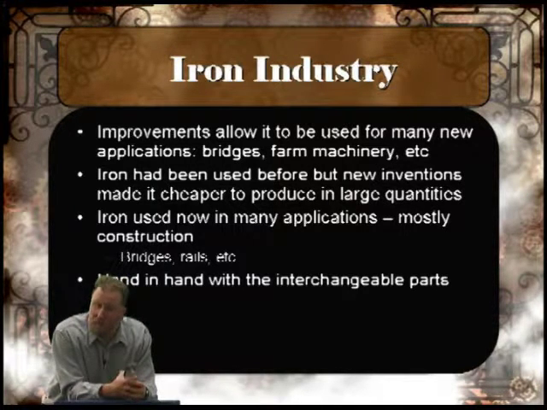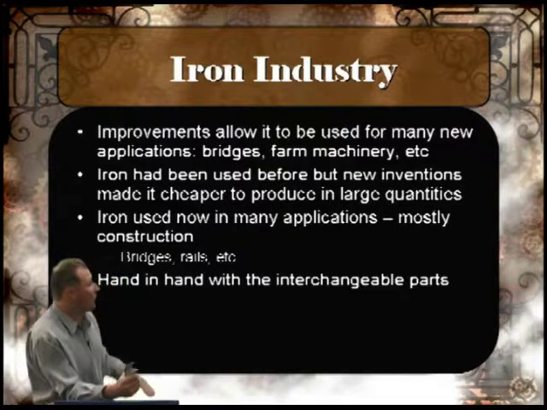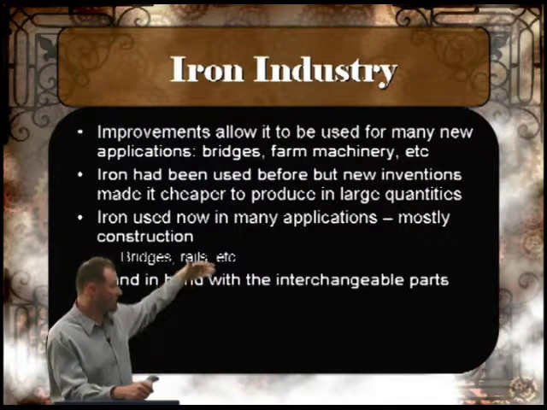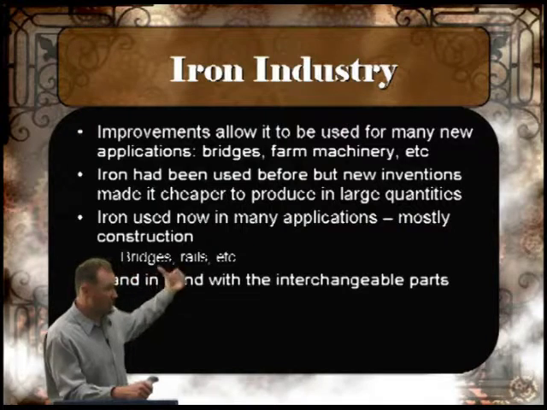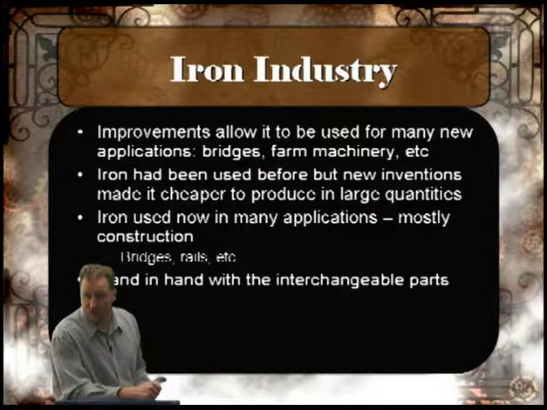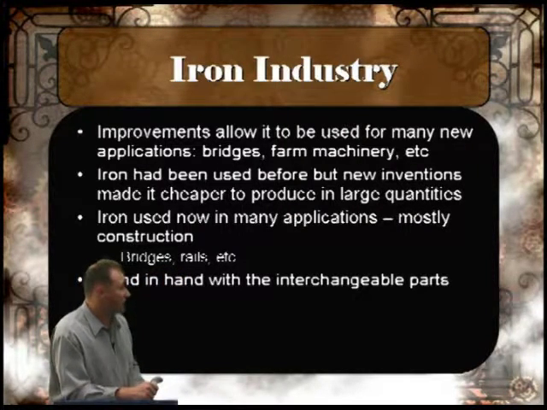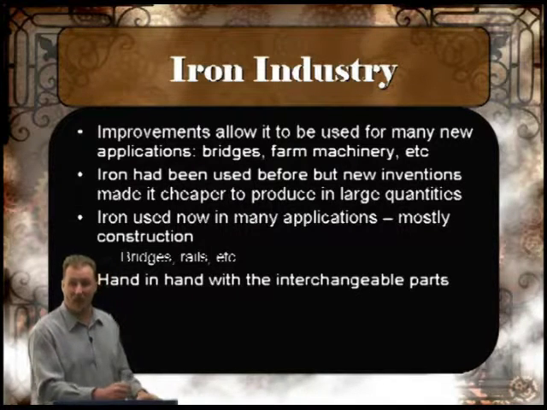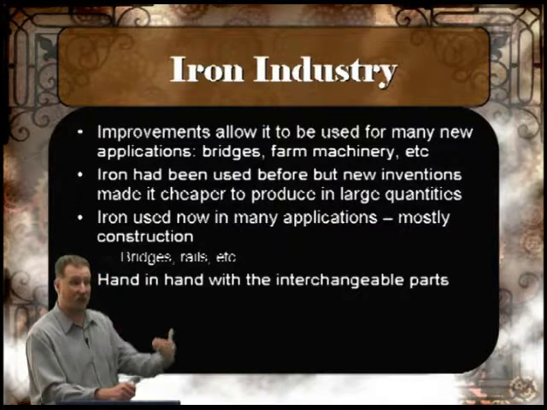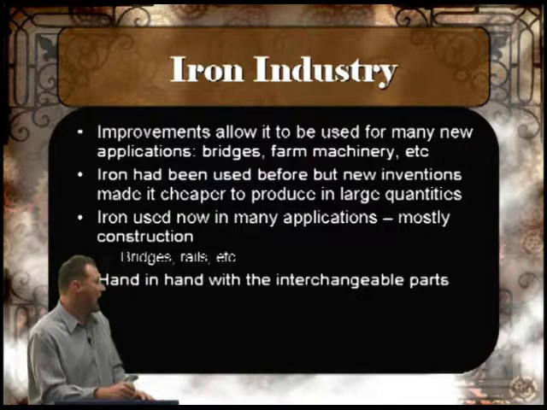Yeah, so too heavy. It's not going to be the second industrial revolution when we had with iron a purified form of iron that we use today. And what's that? Steel, right? But we are going to have in many applications like farm machinery, bridges, and most importantly, the railroads start to lay down these. Iron has been used for a long time, but now we really have this shift that we can start to mass produce, like you saw before, iron.